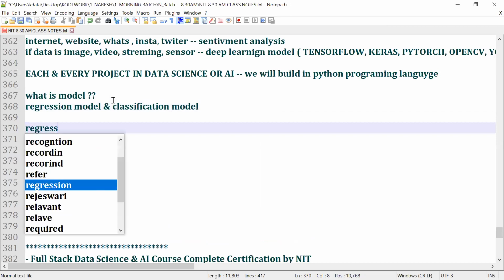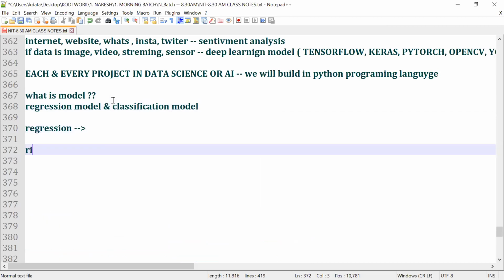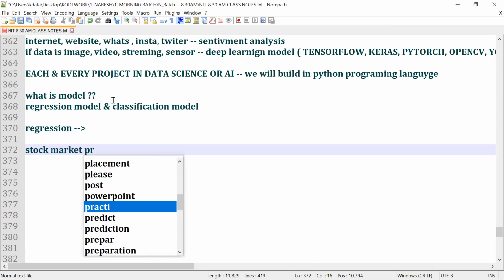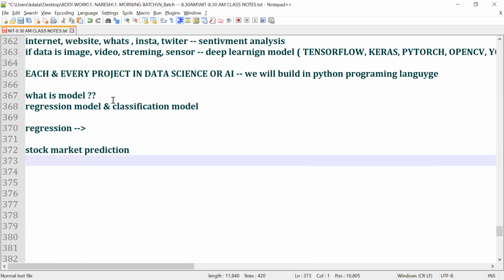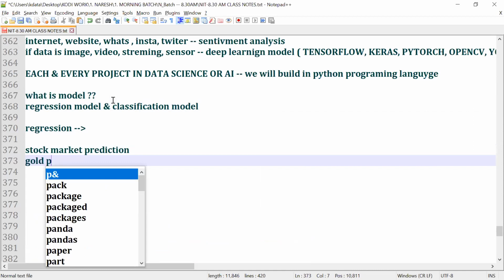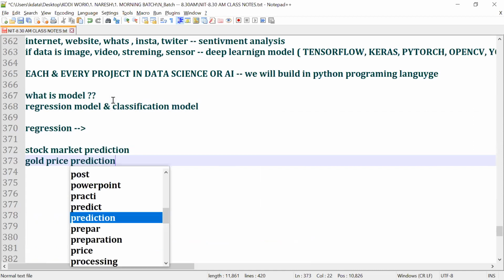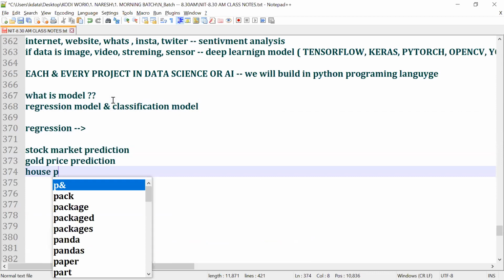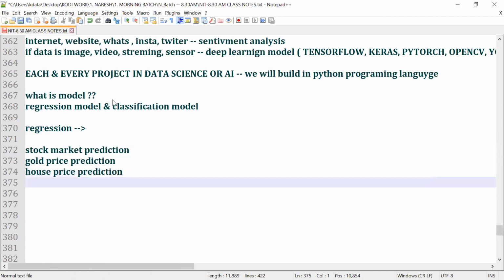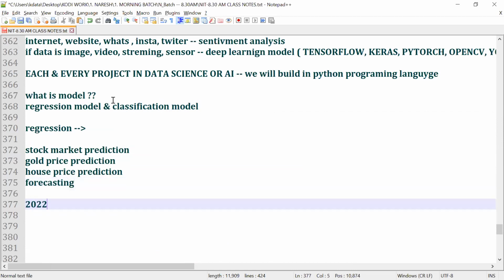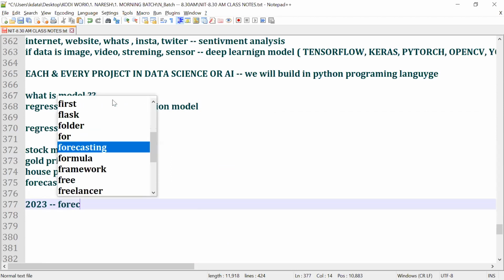Some of the projects using regression are, let's say, stock market predictions, gold price predictions, house price predictions, and time series forecasting. Every company, let's say in 2022, 23, new year, every organization has a forecast.